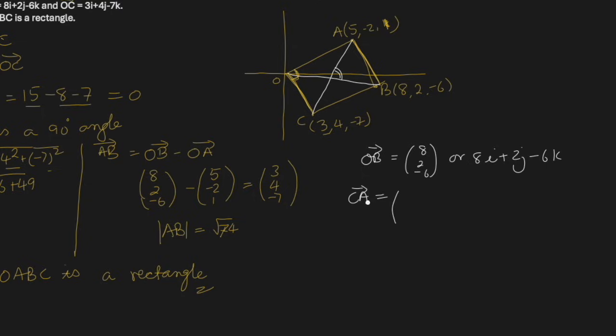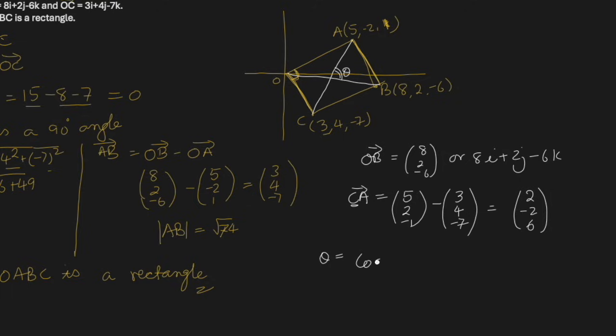CA equals OA minus OC, the tail. OA is (5, 2, -1) minus OC (3, 4, -7). So it comes out to be 2, minus 2, and minus 1 plus 7, 6. (2, -2, 6). This is CA. Now to find the angle between them, let's call it theta,